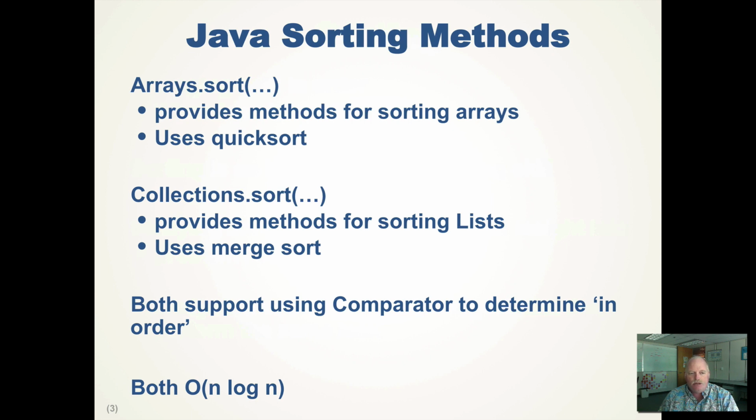And both the Arrays and Collections classes support supplying a comparator to determine the in-orderness. So the comparator compares two objects and says this one is less than that one. So by supplying the comparator, the Collections and Arrays classes allow you to sort the items in different orders by using different comparators. Both the merge sort and the quick sort are big O of n log n, so they're very quick algorithms. But today we're going to talk about quadratic sorting algorithms, and the first one is